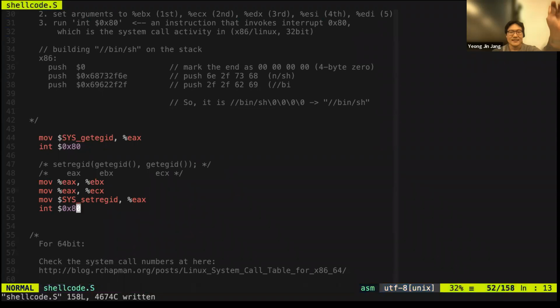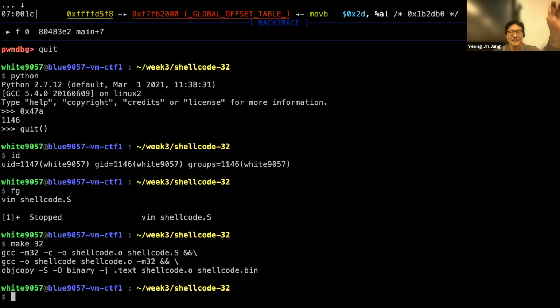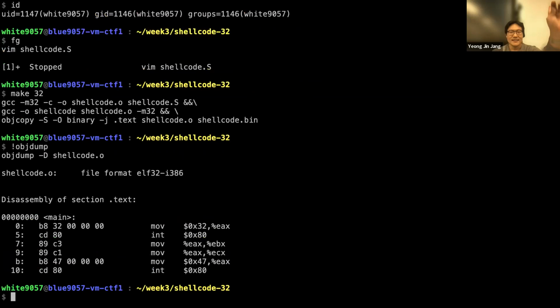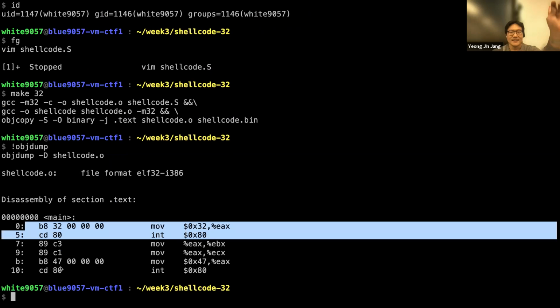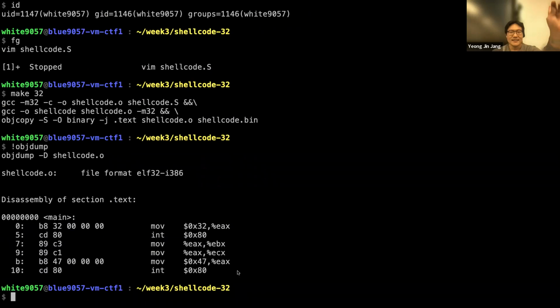After doing that, we will also check. Make 32, and do the objdump. For someone who doesn't know about this command, if you do exclamation objdump, it will rerun the same command with the same options. It's quite convenient. In that case, we will see that this is get EGID, set the arguments, setregid. Then